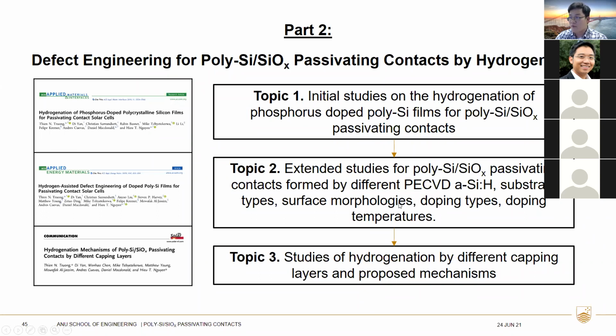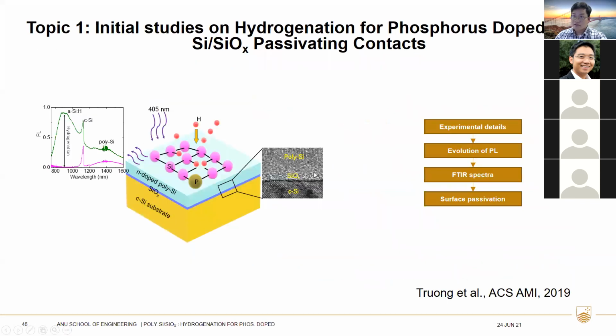Here is texture or planar, the doping types of the substrate, and also the doping and diffusion of the polysilicon film and the diffusion temperatures. Then finally, I will study the hydrogenation effects by different capping layers and come up with some proposed mechanisms for the hydrogenation. So let's start first with the initial study on the hydrogenation for phosphorus doped polysilicon passivating